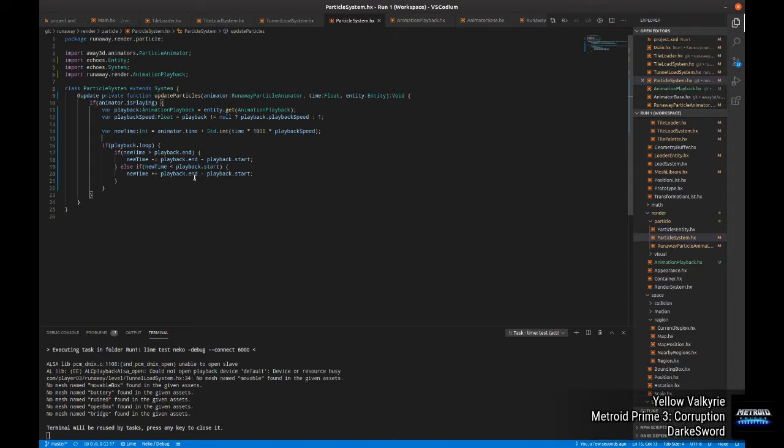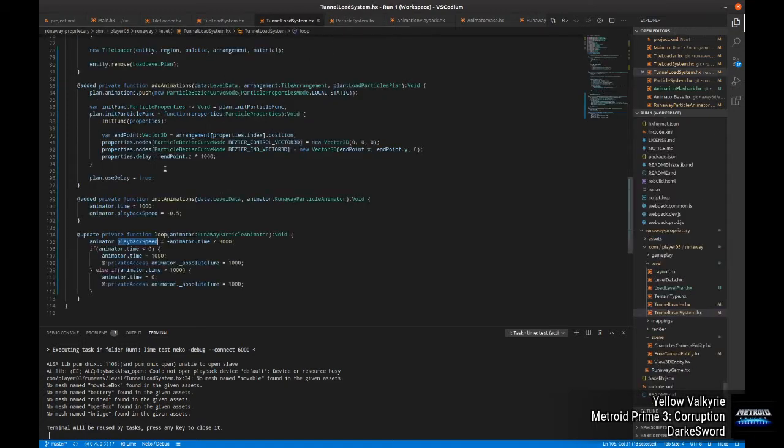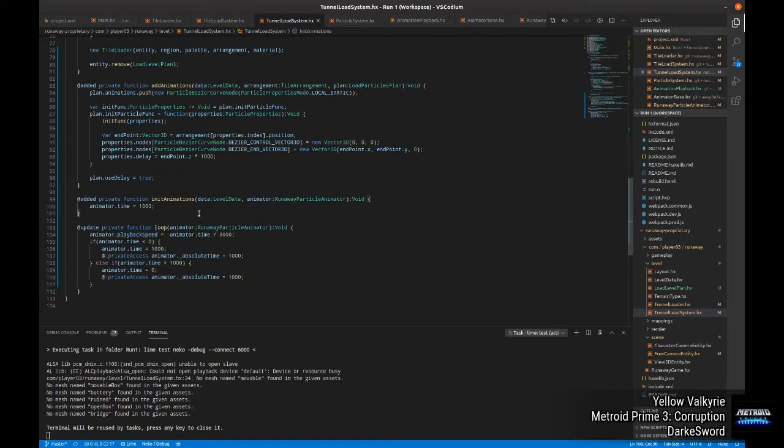And the more robust code I use, the better. And with that, we should be able to